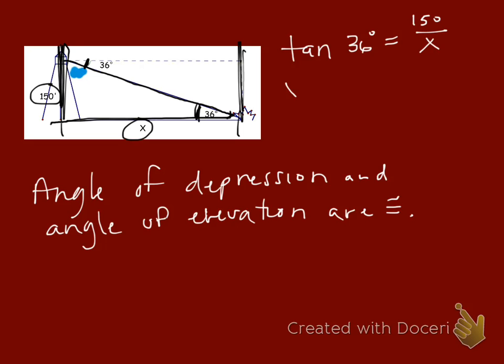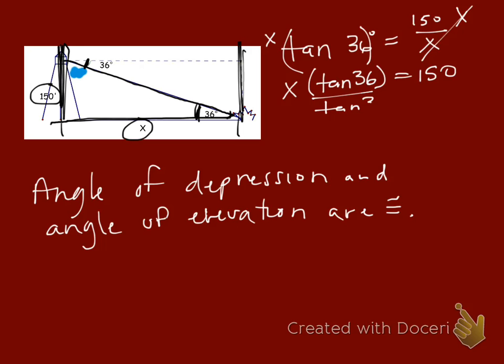So then I'm going to multiply both sides by x. Okay, and that's going to cancel this out. And then I'm going to end up having to divide by the tangent of 36. And that's when you're going to have to plug in your calculator to figure out your answer. All right, so you find out that the answer is x equals 206.5 feet. So you're 206.5 feet from the base of the